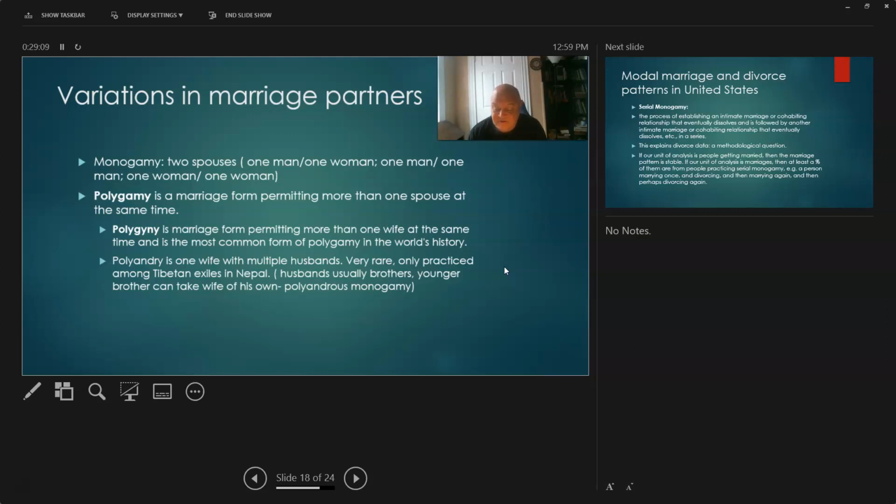Here's an interesting bit of trivia. The person who studied polyandry, who was the 20th century's greatest expert on it, was a man, and you go to the library and you see the title, the author was a fellow who was an anthropologist. He had a PhD from Oxford, I think. And his name was Prince Paul of Greece and Denmark. That was his actual name.